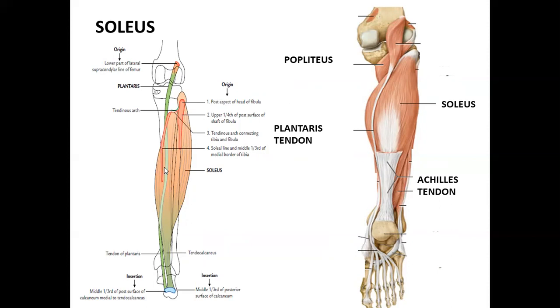The muscle forms a large, massive belly. Then it joins with the Achilles tendon. It basically joins with the tendon of gastrocnemius, forms the tendo Achilles, and it is inserted into the middle 1/3 of the posterior surface of the calcaneum. Okay. So remember the horseshoe shape, and soleus is the main bulkiest muscle, it forms the tendo Achilles and inserts into the middle 1/3 of the posterior surface of calcaneum.